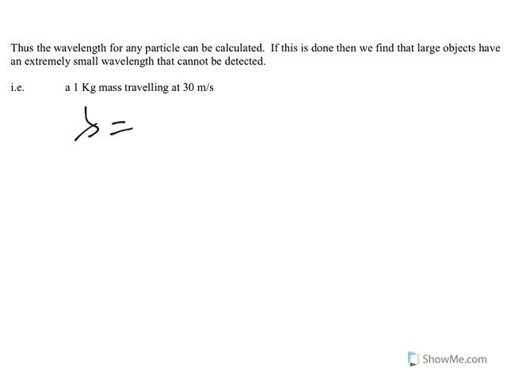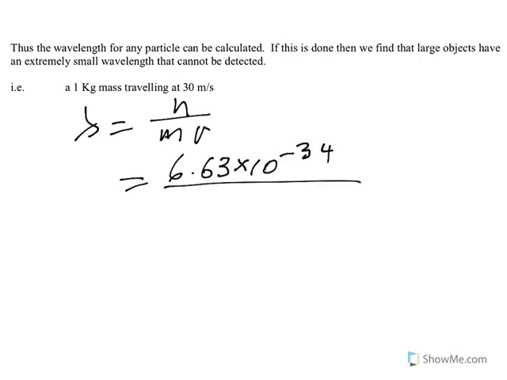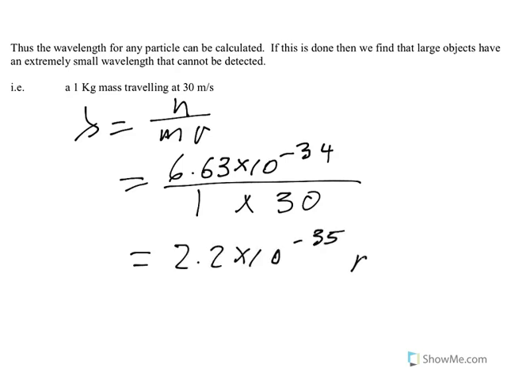If we use lambda equals h over mv, using the Joule version of h, mass is 1, velocity is 30 metres per second, when you do that calculation, you get 2.2 by 10 to the minus 35 metres,